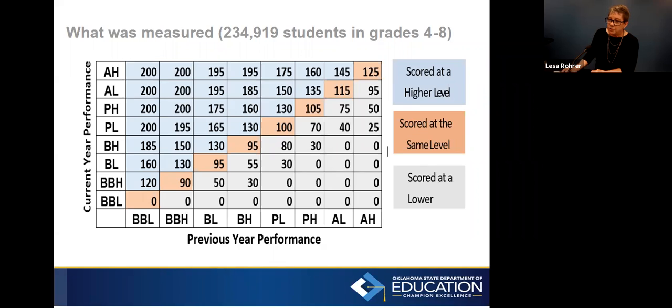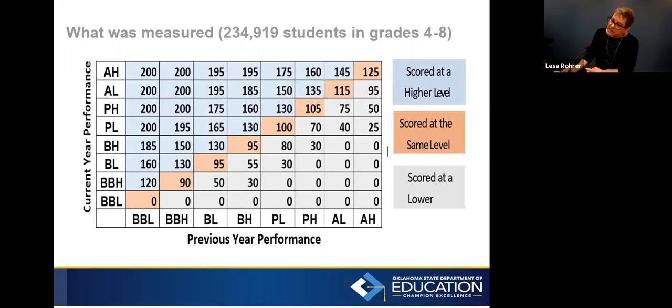Notice that if I have a student scoring at below basic high 1 year, they stay at below basic high, they're earning 90 points. You may go, why is that? Well, if we think about our standards, they get progressively more rigorous as we move from one grade to the next. So this is actually showing about a year's worth of growth. Are they where we want them to be? Not yet, but they're maintaining. If we had a student scoring below basic high 1 year and they move into that basic low, they're going to earn more points because they have made more progress.